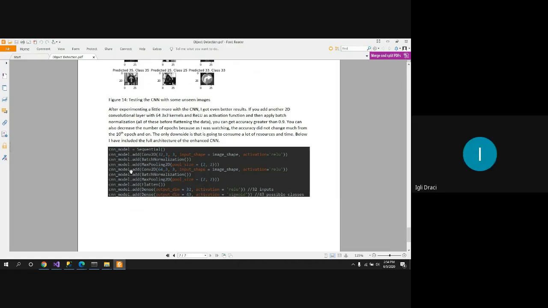Then I added another convolutional layer with 64 kernels, 3 by 3, the same activation function, ReLU, the same batch normalization, and the same max pooling. Then we flatten the data. Of course, it's a two-dimensional image, so we're going to flatten it. After those first two layers, we flatten the data and feed it to